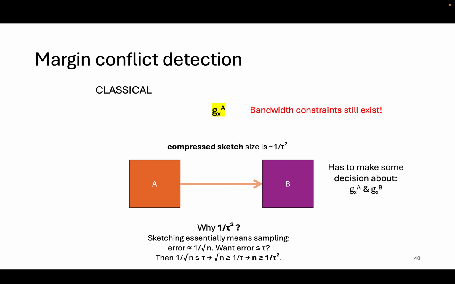Sketching, basically, this compression just means sampling from the original data up to a certain error. It's a lower bound in the sense that you could potentially send the whole gradient if it fit, but if it doesn't, then you need to bring it down until you have too little information to be at the level of accuracy that you want. So this is what the classical world needs to do.